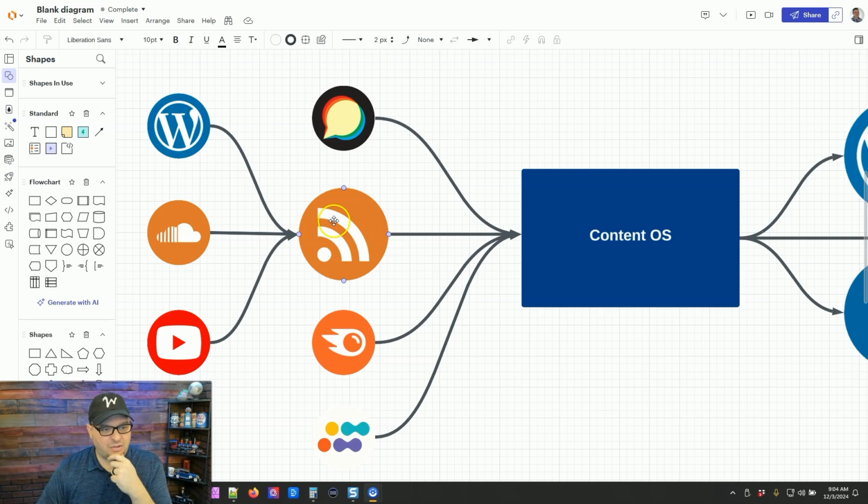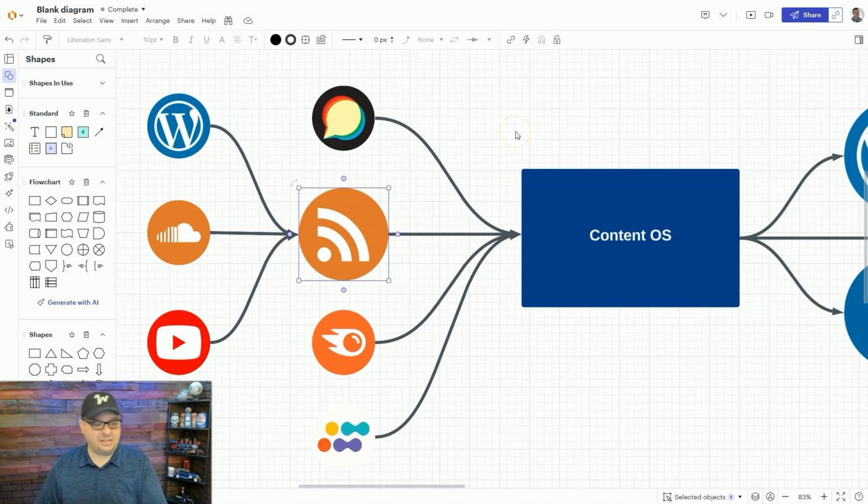First of all, I want to start out with RSS feeds. What are RSS feeds? In the context of our content operating system, that's the content that we get pushed to us from various sources. Some of those sources may be WordPress or other websites that have an RSS feed.